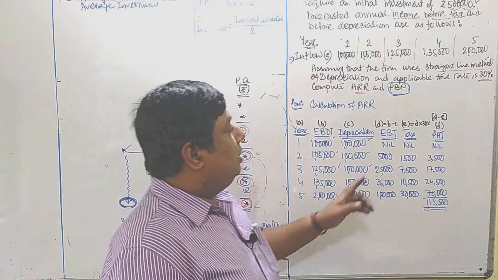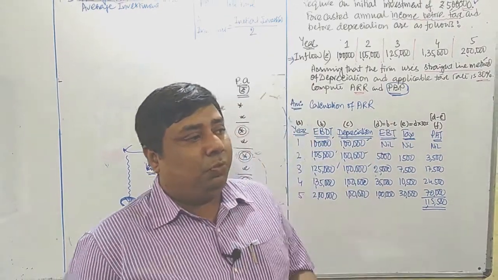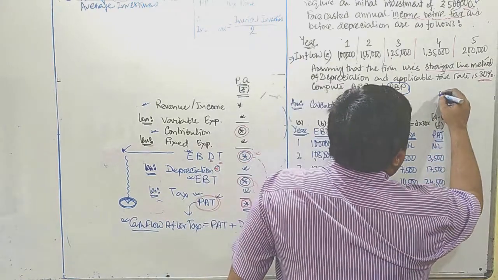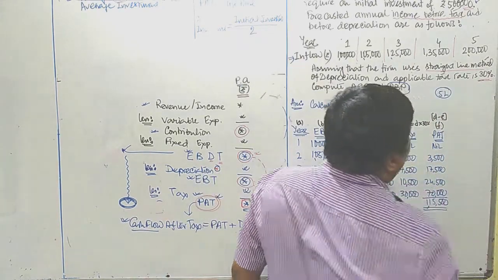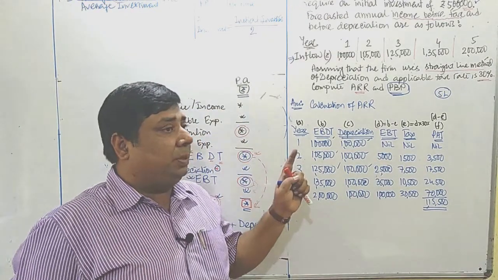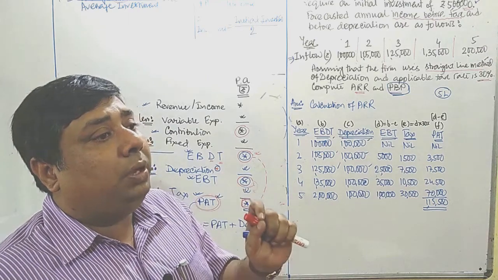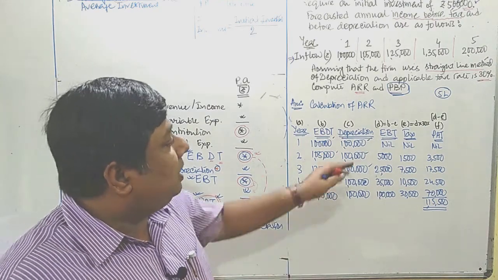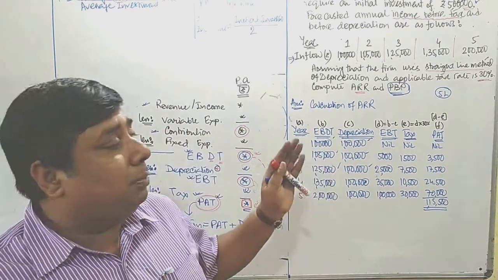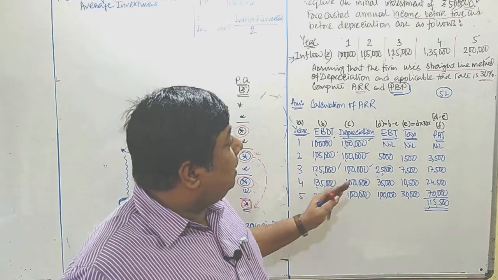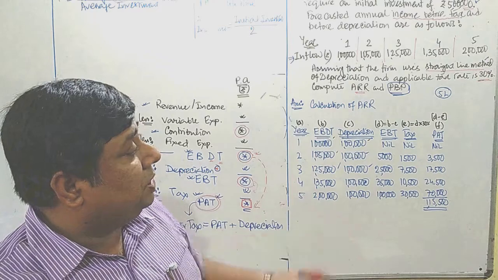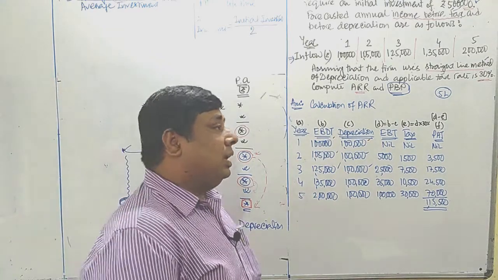Now we are going to calculate the second part of the question, that is PBP. Full form of PBP is payback period. As you people know, to get that PBP, our net investment for that project is how much? 5 lakh rupees. Payback period implies the particular period when we will recover that 5 lakh rupees. Maybe the project gives us a return more than that, but the question is, at what time frame the project will earn 5 lakh rupees. That particular time frame we are going to calculate.